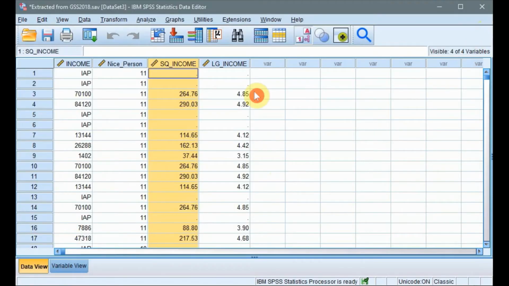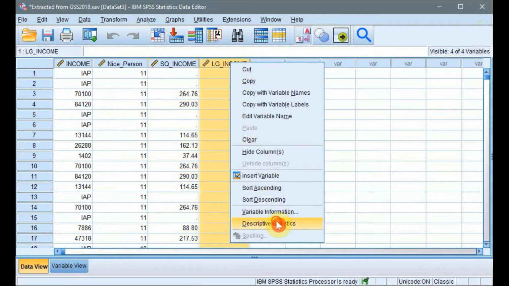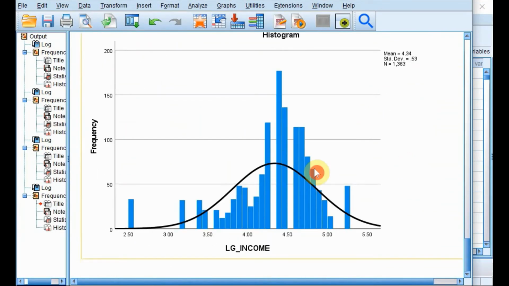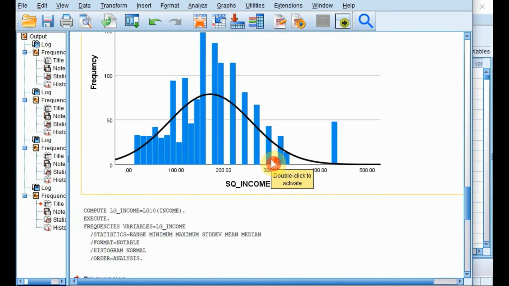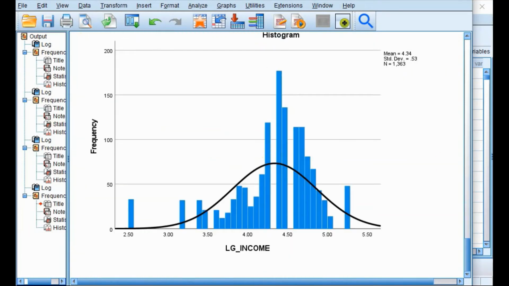And so we have created this second variable. Now we're going to run a histogram on this variable. Now it appears to be even more successful compared to the square root function. Okay. Now,